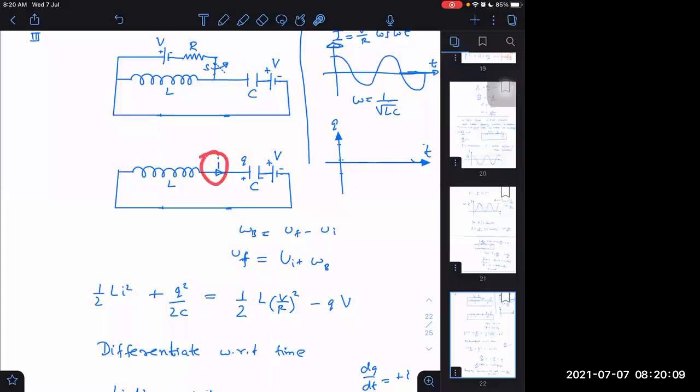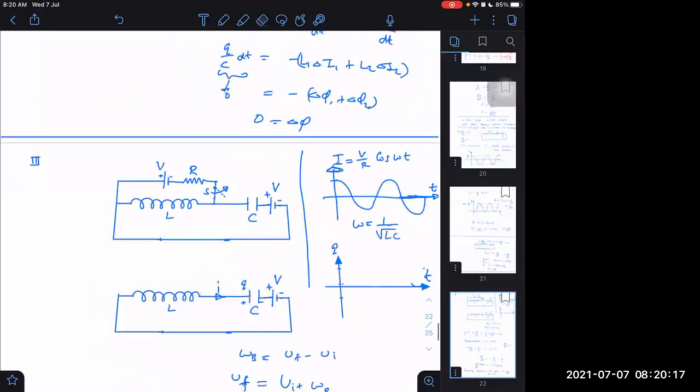Is this correct, maximum here? It is not maximum, right? No, there is also a mistake here. This V is also wrong then. Why is it not maximum? Because maximum will be when equilibrium is attained, and equilibrium will be attained when the net potential across the inductor is 0. But here the net potential across the inductor is not 0.